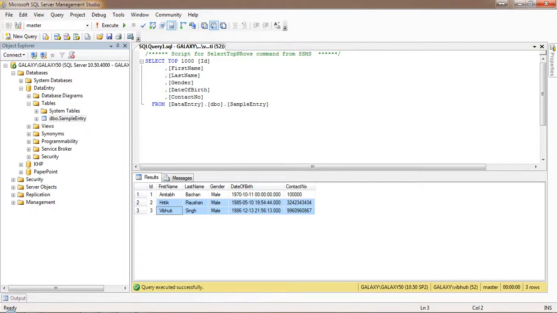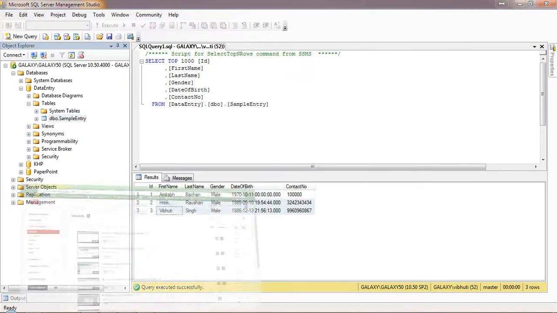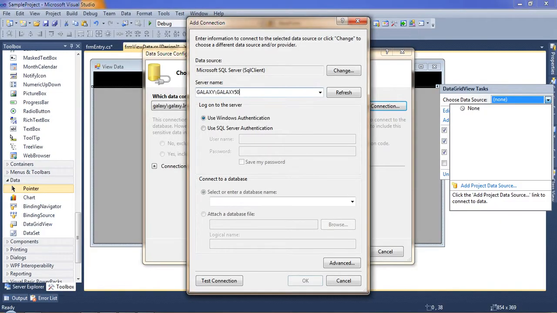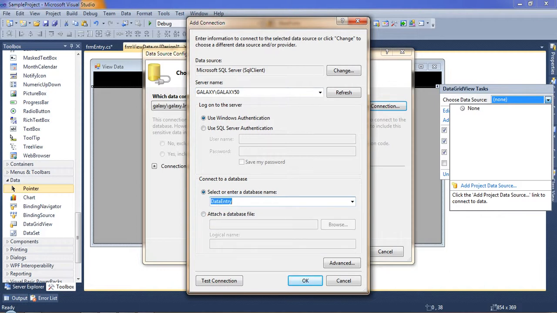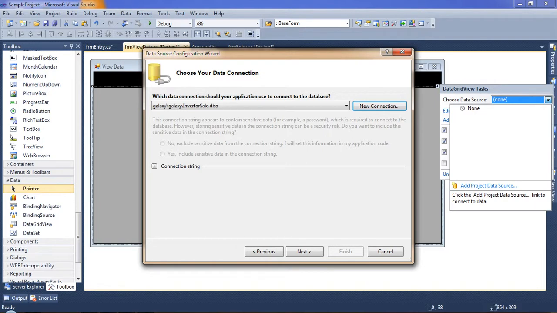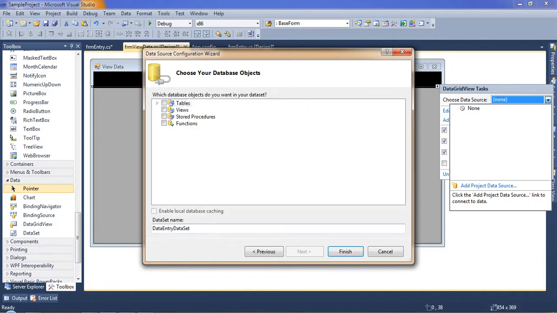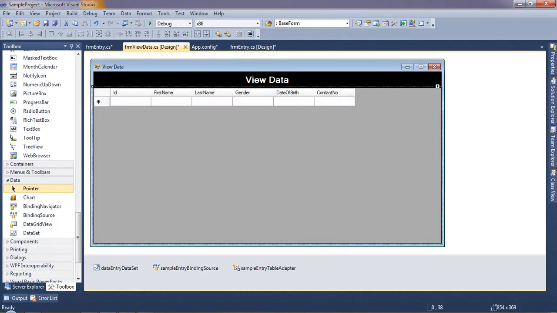We'll enter the connection string name galaxy 50. Sorry, I have added a name. Then the data entry database, test the connection, click on OK, next, and select the table, finish. So the form is ready.